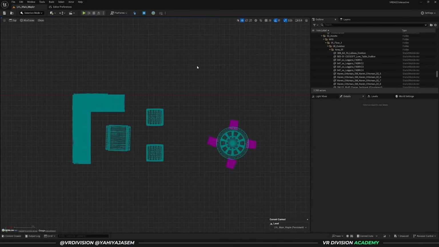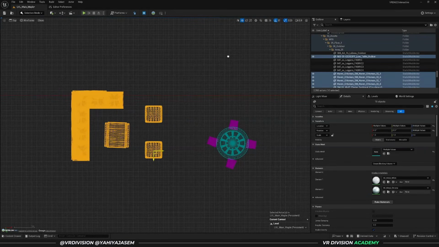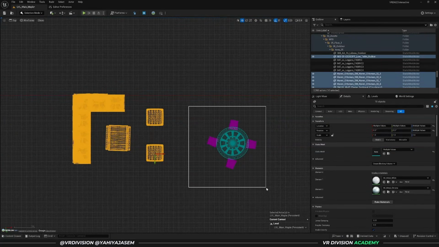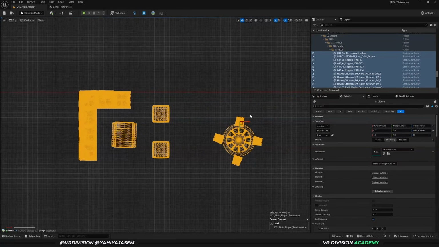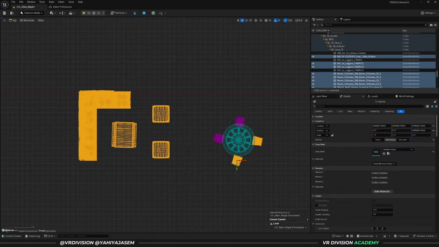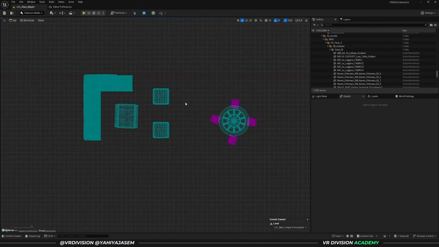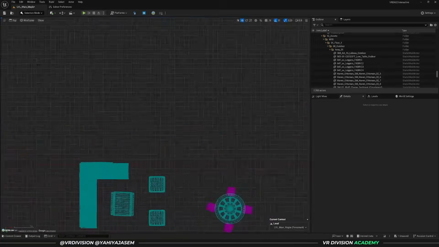In an orthographic view, when you have objects selected and you hold Ctrl, you will move these objects around. If you want to add to your selection, you need to press Shift, and now we can add to this selection. The only way we can remove selected items is by holding Ctrl and clicking on these items. If you deselect everything and hold Ctrl and Shift, you can move the orthographic view left, right, up and down,